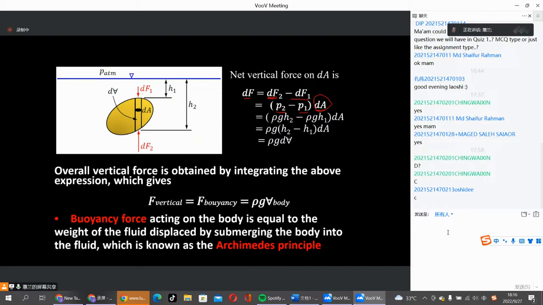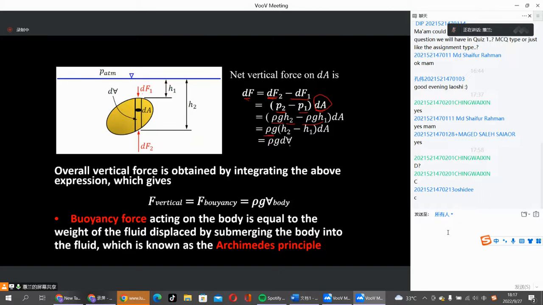And P2 equals rho g H2. H2 is the vertical depth to the free surface for the lower curve, and similarly rho g H1. We found the dF, the force on the elemental area, will be equal to